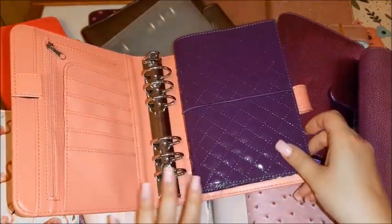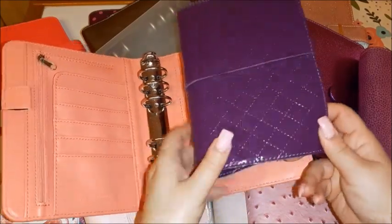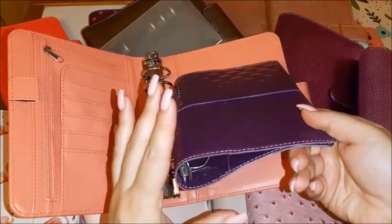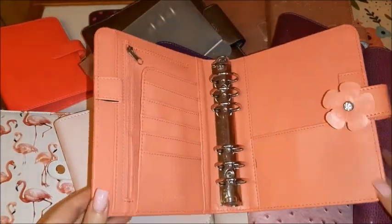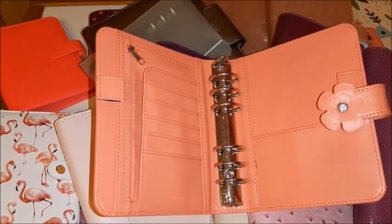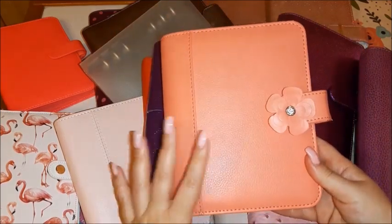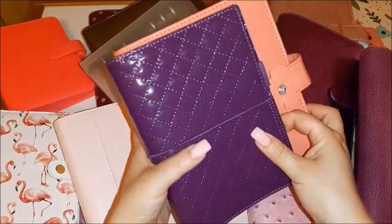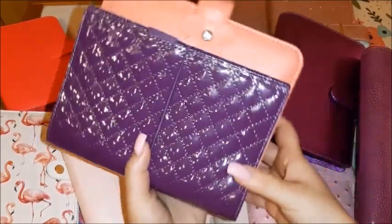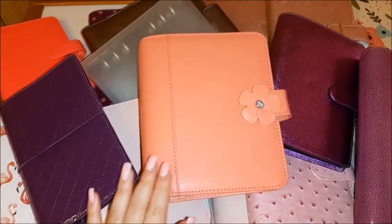And to be honest, even though I prefer to have the Domino in the personal size, because it is quite lightweight when it comes to carrying it around, I have spent the last times of my planners, I believe last year, carrying around this one here, because it is sort of a wider personal size, as you can see, even though in length, yes, it's almost the same size. It's just a little bit wider from here, and I found myself to be much better in this one here